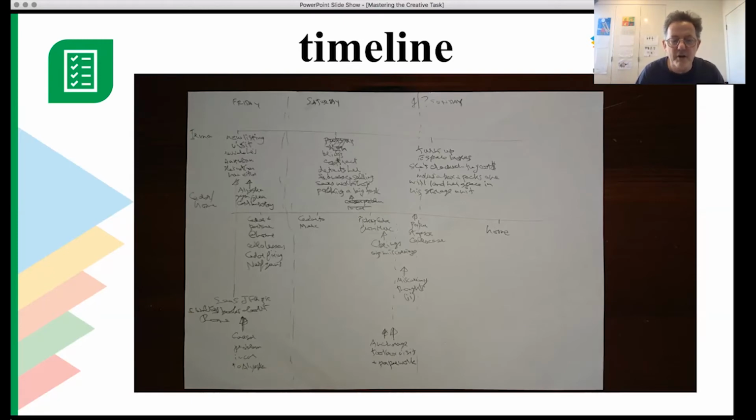So I might try a timeline. This is a timeline for a novella that I've been working on. And as you can see from the top, I wasn't sure if it'd take place on Friday and Saturday or Friday, Saturday and Sunday. And I thought I would look at it from the perspective of the character's relationships with a couple of people. One is someone he meets in a business context, and the other is his stepson at home. So as you can see there, I've put down the 3 meetings with the person that he meets in a business context, and I've tried to maneuver other things around that and worked out how those different plot lines